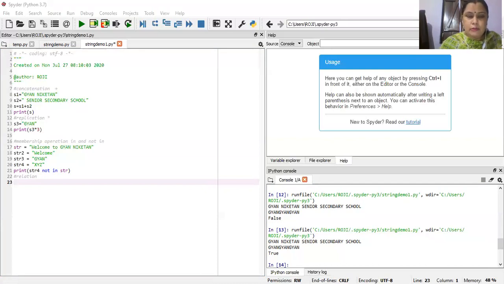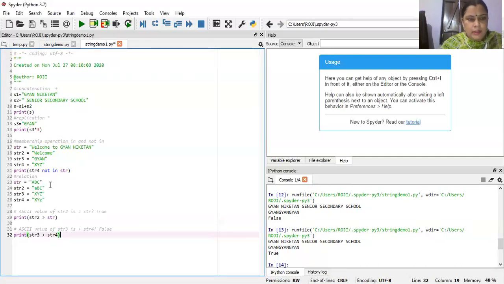Suppose str1 equals capital ABC, str2 equals small abc, str3 equals capital XYZ, and str4 equals small xyz.